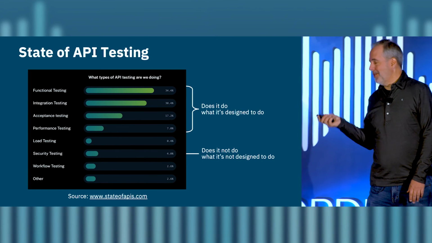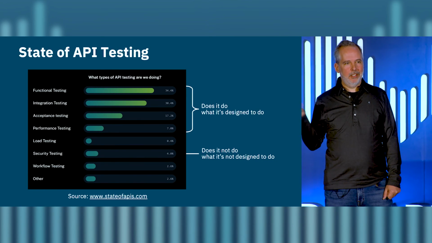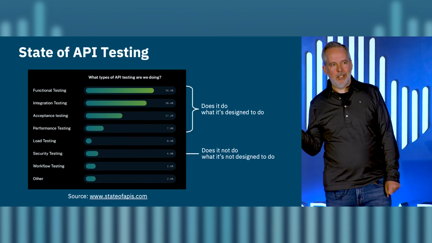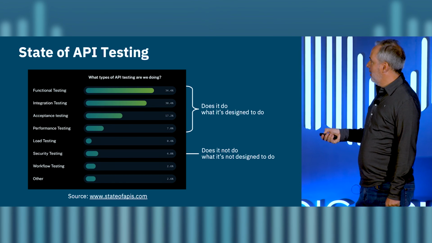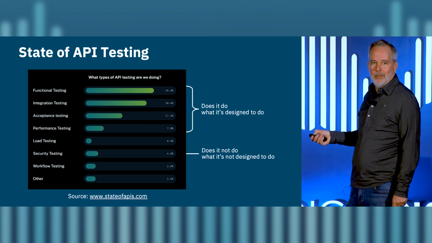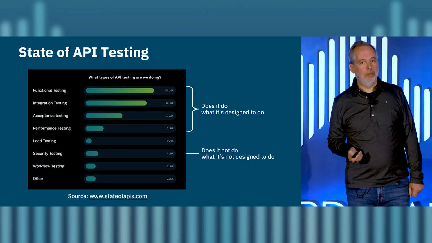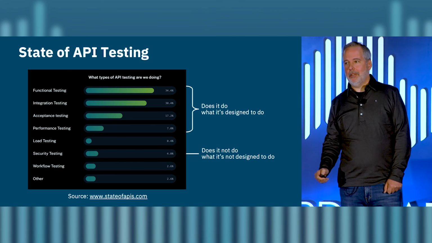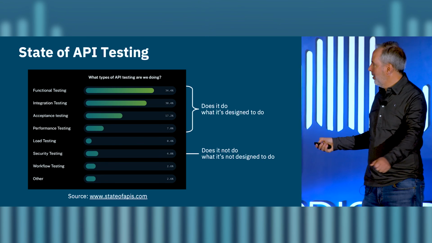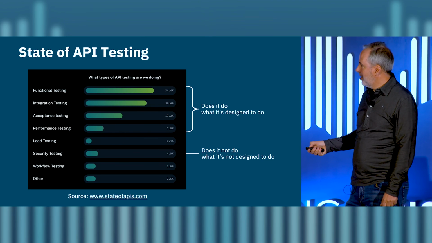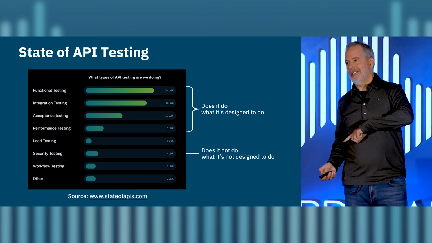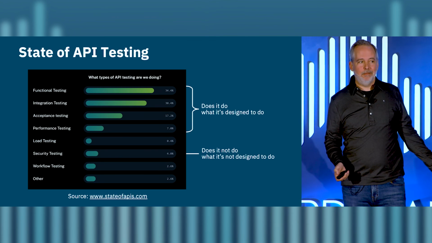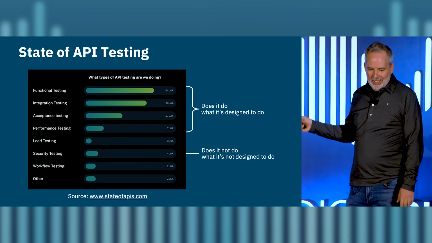And to reinforce that security gap, this is from RapidAPI, stateofapis.com, their report. We're really good at testing functionality. Like, does the app do what it's supposed to do? Can I sell crypto that I own? Yes. Down here at 4% is security testing. Does it not do what it shouldn't do? Can I sell crypto I don't own? They didn't run that test.